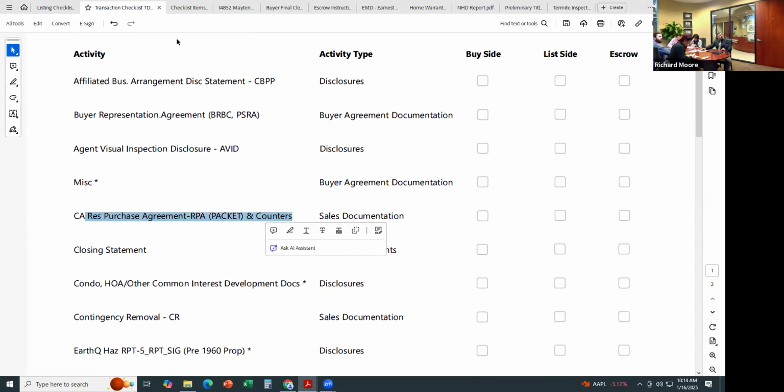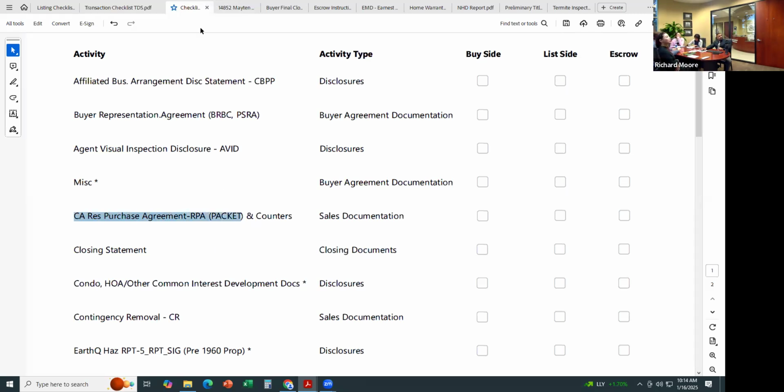California purchase agreement. What does the asterisk mean? Oh, good question. When there's an asterisk next to one of these items on the checklist, it means if applicable. So not every form on here is going to be required. Thank you for bringing that up, Christine. There are some things that are only required if, and then there's a little explanation next to it. We'll look at one of those as we move forward here, but the next form on the checklist